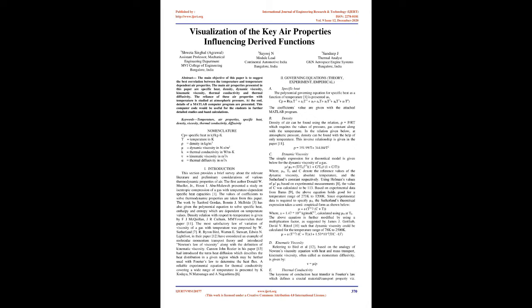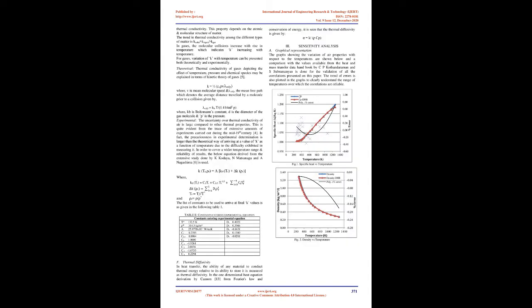Introduction. This section provides a brief survey of the relevant literature and preliminary considerations of various thermodynamic properties of air. The first authors, Donald W. Mueller, Jr. and Hosni I. Abu-Mulaweh, presented a study on isentropic compression of a gas with temperature-dependent specific heat capacities [1]. The values of coefficients to solve thermodynamic properties are taken from this paper. The work by Sanford Gordon and Bonnie J. McBride III has also given the polynomial equation to solve specific heat, enthalpy, and entropy, which are dependent on temperature